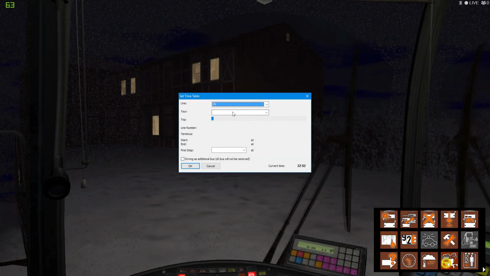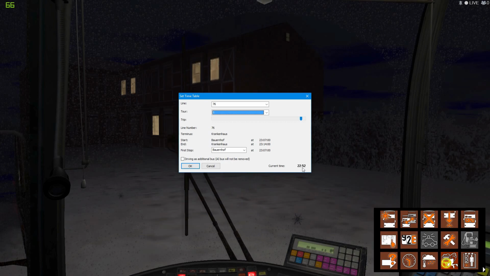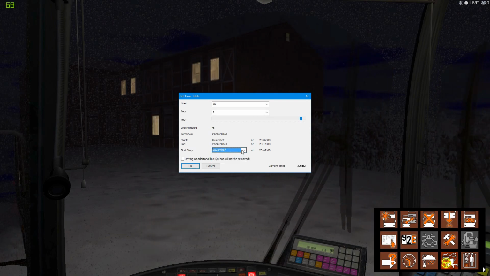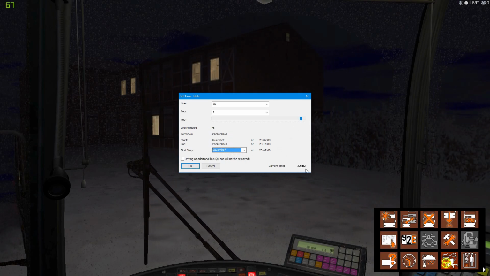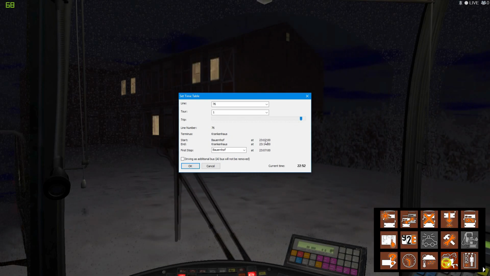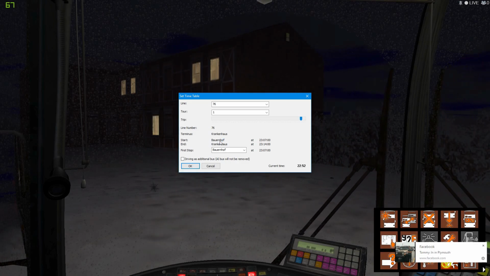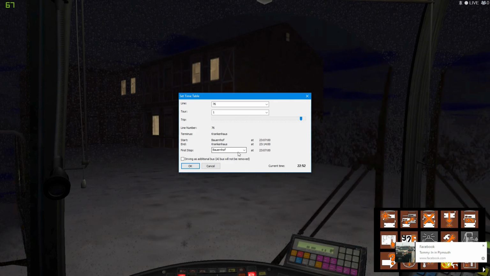So we're going to do line 76 and route 1 and tour 1. So it is 2252. So we're going to start at, I think that's going to be our Krankenhaus is our terminal. I think this is where we should start. 2307 will be our starting time. 2237, so we missed that one. So we're gonna be forced to start at 23:07 is when we start our first. So at 2307 we're gonna be starting here. So we have to be at our first stop by 2307. So if I hit OK,